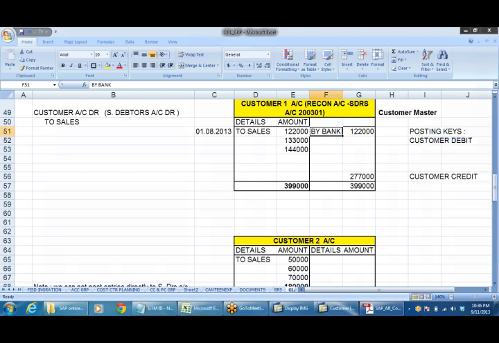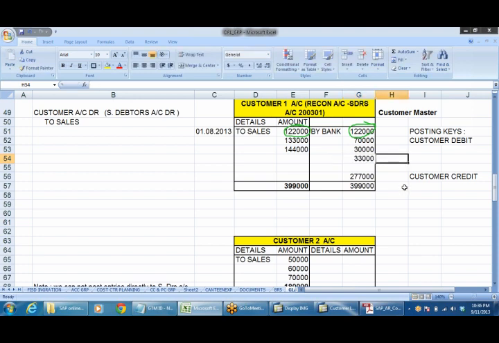Right. So here we can identify that 122 is going to be cleared. Now if 133 is received in 3 installments, right, say 70, then 30,000, then 33,000.